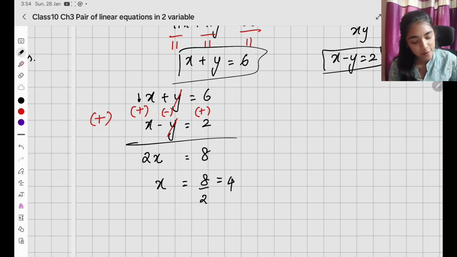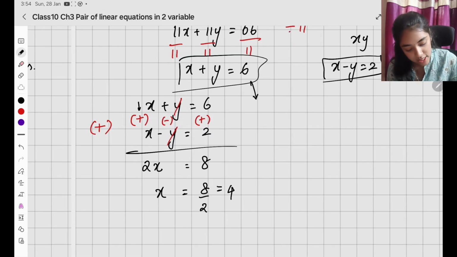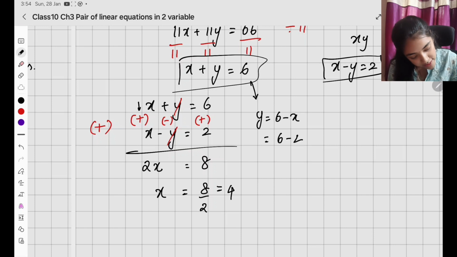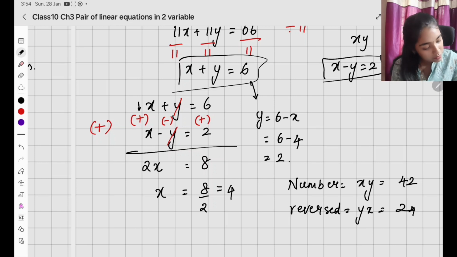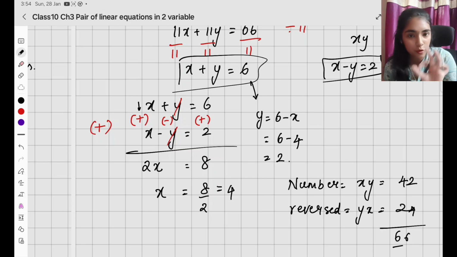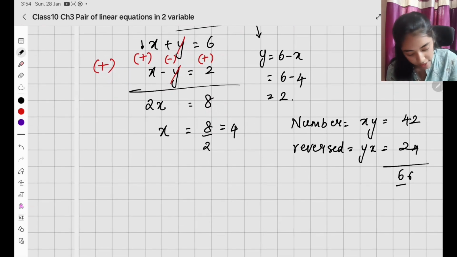இப்போ x value கண்டுபிடிச்சாச்சு. y value என்ன? From this I have y equals 6 minus x, which is going to be 6 minus 4 which is 2. இப்போ x and y value கண்டுபிடிச்சாச்சு. What is your number? It is basically xy which is going to be 42 and the reversed number என்ன, it is going to be yx which is going to be 24. இப்போ இது ரெண்டுத்தையும் add பண்ணா 66 வருதா? The difference between the digits is going to be 4 minus 2 which is going to be 2. So you have the number